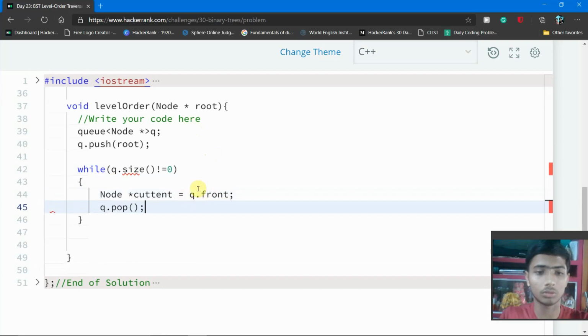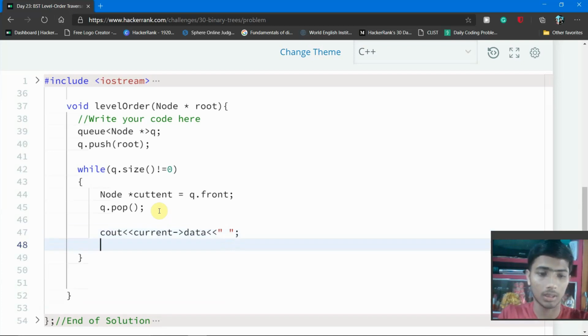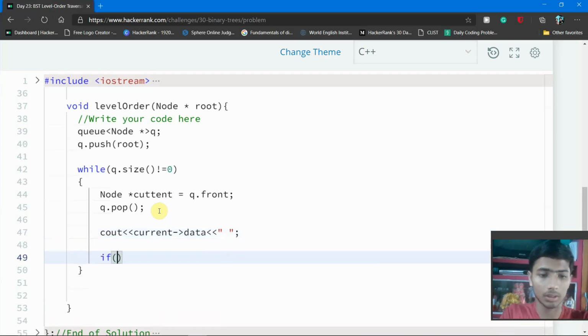We simply store the front element of the queue inside of the current variable, and then we pop the element from the queue, and after that you simply print the current data. For space separation you simply give a space,